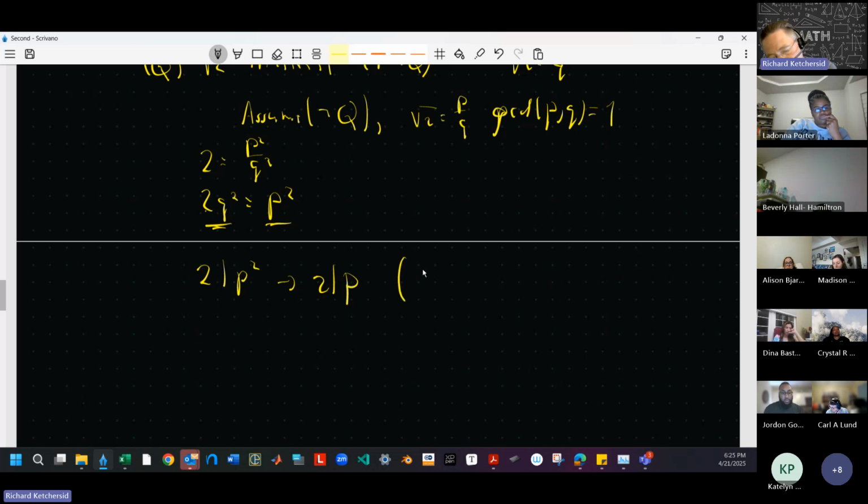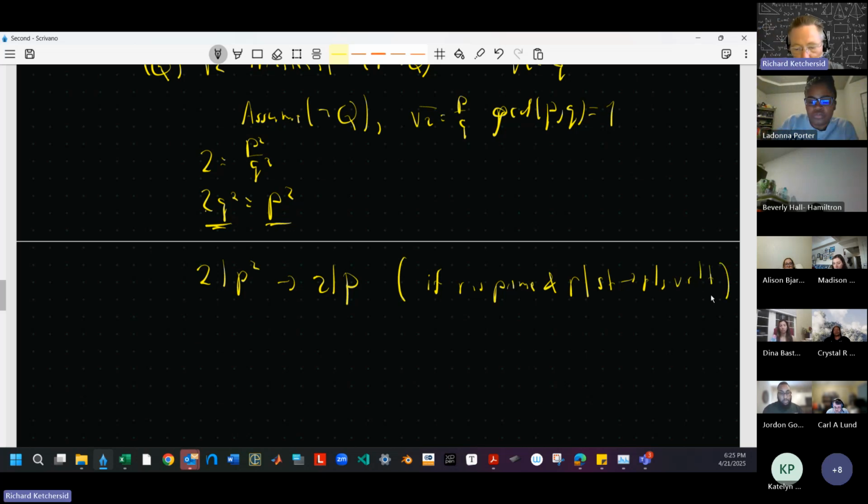Now maybe there's something to say there. I've got all these letters in use. If R is prime and R divides ST, then R divides S or R divides T. That's either your definition of prime or it's a fact you know about primes. It kind of depends on what you consider the definition. But if 2 divides P, then P itself is equal to 2P prime,